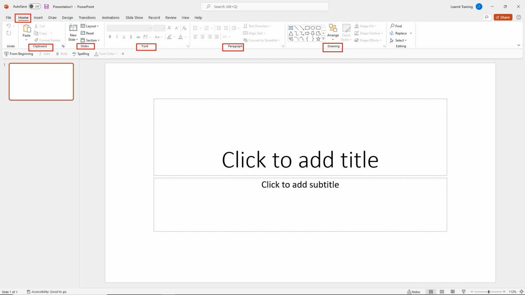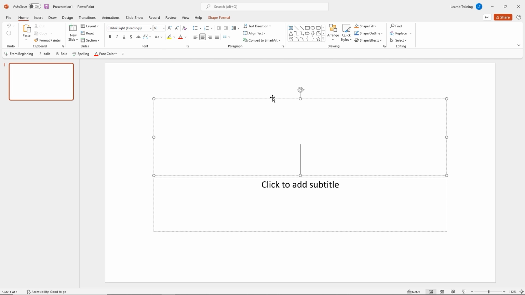And finally, we have our editing command group here as well. So really nice way. We spend most of our time here in the font group. So if I click inside of my content placeholder here, it becomes active. And now I can apply some formatting here